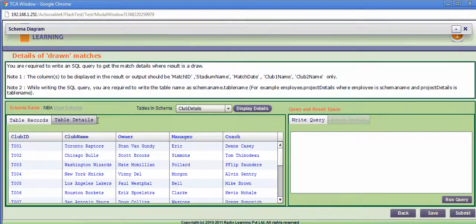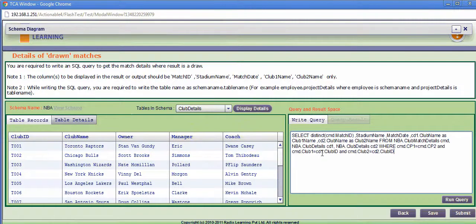So let's say I am now ready to write the query. I already have a query which I'll paste here. This actually is a correct query, but I'm going to demonstrate this to you in a slightly different manner. So this is a query which has a condition. To begin with, let's say that I'll wipe off this condition. I'll remove it. So what is left is an SQL statement which is very straightforward to display certain columns.